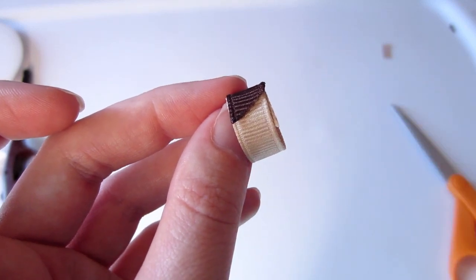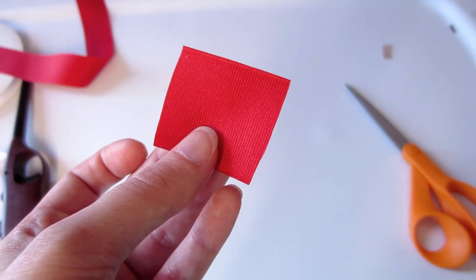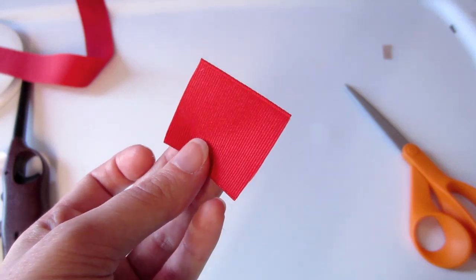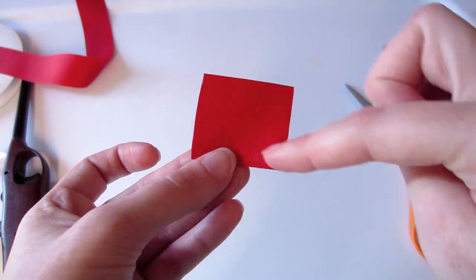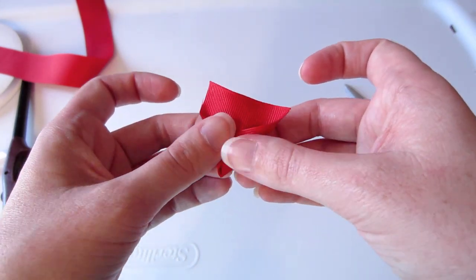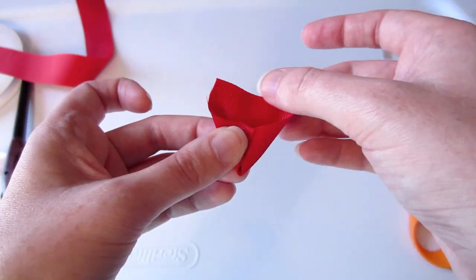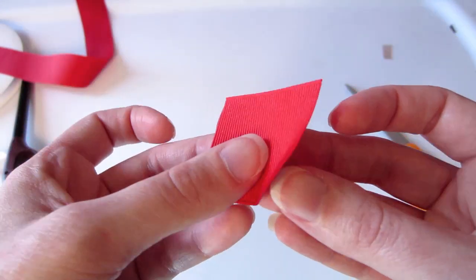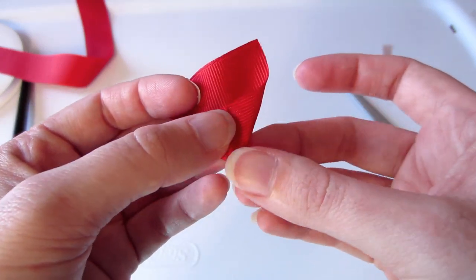Cute. Okay, now we need a Santa Claus hat or an elf hat. I forgot to tell you guys, you're going to need a 1.5 inch piece of red. This is for the hat, or you can use 7/8 inch too. But to make the hat, all I'm going to do is take both corners of the ribbon and bring them down, just like that. And you'll want to glue those down to the ribbon. Trust me. So what you do is take the edges, come in, let them meet, and glue all